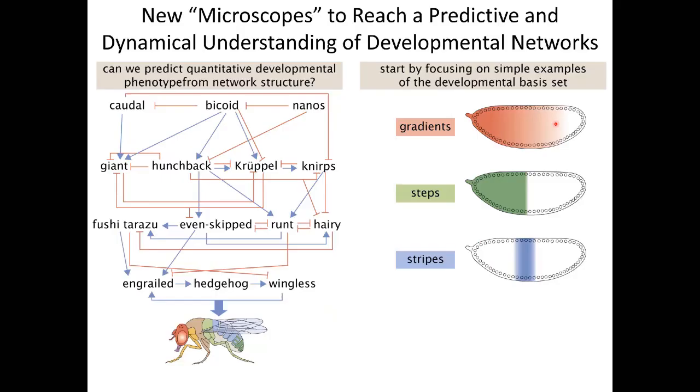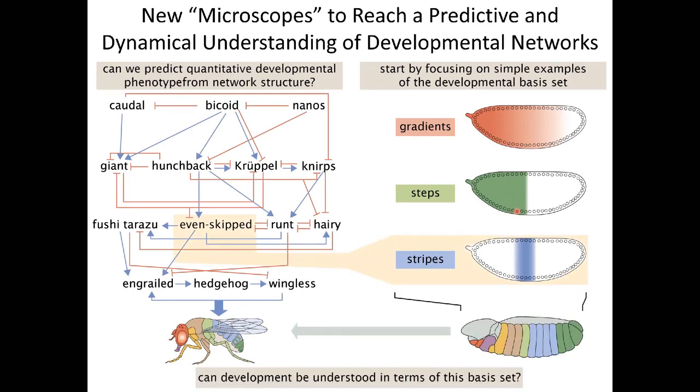So just to wrap up, I told you that we're trying to endow the network arrows with molecular and quantitative information that allows us to reach a predictive understanding of developmental decision-making. We're hoping that this will lead us at least to be able to predict how different basis elements of the developmental process are put together, how you make gradient steps and stripes. I showed you how you make a stripe. And obviously one big question is, is it true that I can take everything apart in these little basis sets and put it together to actually predict how a full multicellular organism is made?